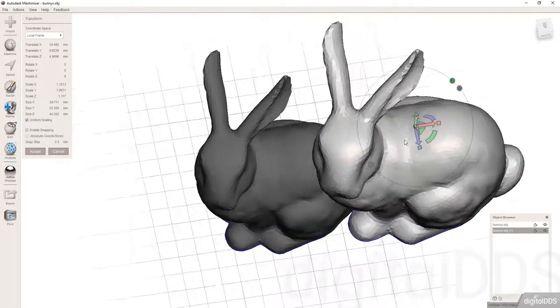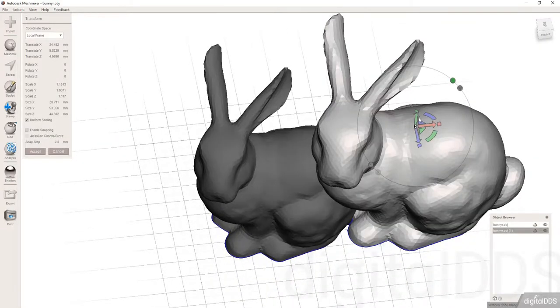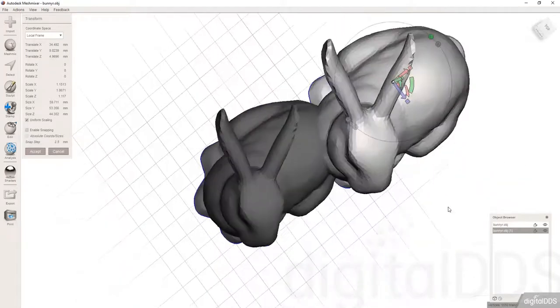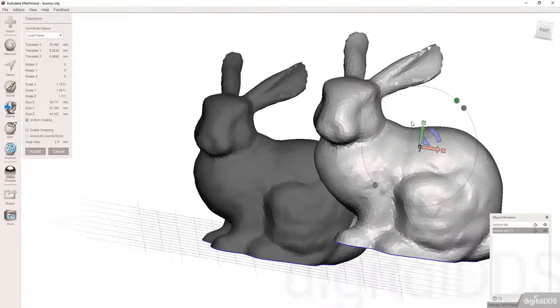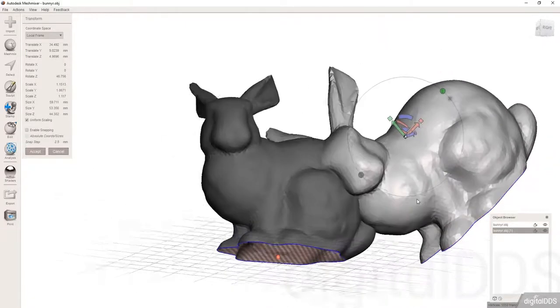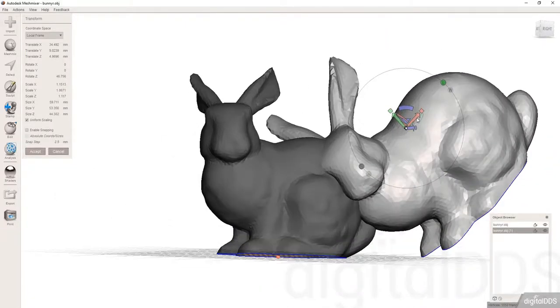So if you notice the position of these tools right here, these colorful arrows and triangles and pizza crusts and cubes and squares, right now it aligns to the rabbit. Okay, notice when I turned it, all of this turned with the rabbit. And that is because the L is checked. The L stands for local. Okay, local meaning it is in reference to the one object that you have selected. If you would rather always keep it,